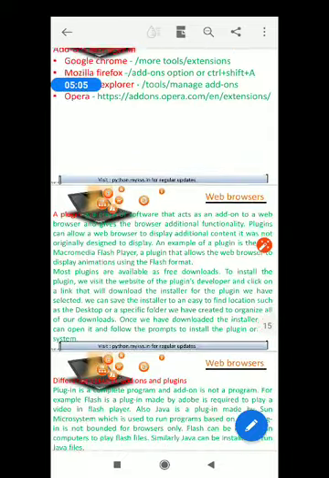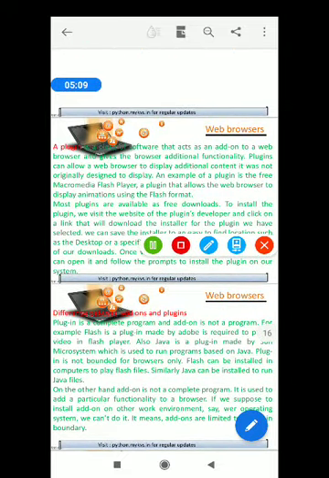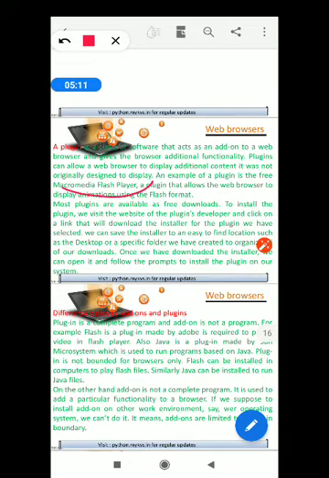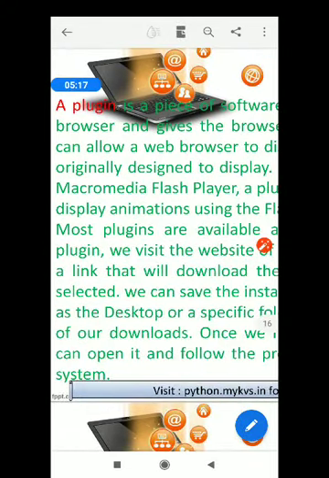Okay, for example, please note down, Macromedia Flash Player, a very important plugin. If this plugin is not there in your browser, then you may not view several videos in web pages.